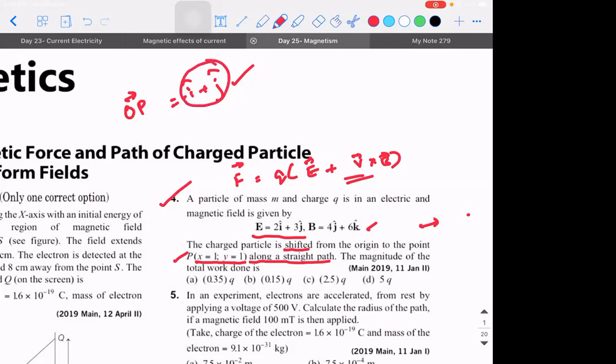A satisfactory understanding at least. This a vector is in the xy plane, b vector is in the yz plane. So there is a possibility when you do the cross product between these two vectors, you will get something. So I'm just trying to